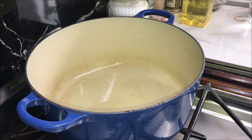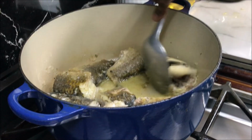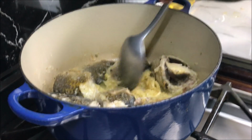Place a large pot on medium heat, add some oil and heat it. Add fish pieces and fry them for 2 minutes on each side. Move the fish pieces to one side, add garlic and ginger, give it a mix and cook it for 30